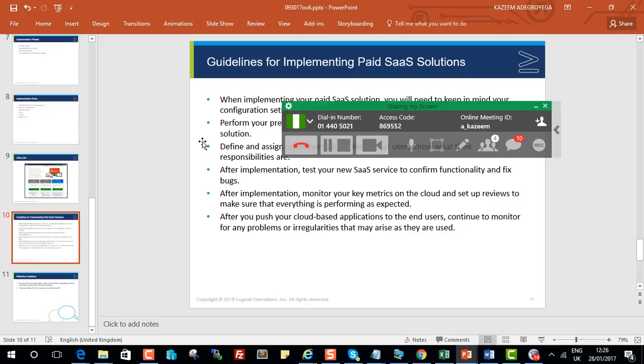This is not actually an O365 class. We're learning to become cloud technologists, and it means that we have more work on our ends. A cloud technologist is a DevOps person, someone who is expected to know about multiple technologies. You're not expected to be just an Office 365 specialist. You need to know about Office 365, you need to know about Google Apps, you need to know about offerings from other service providers, and then you should be able to help your organization make